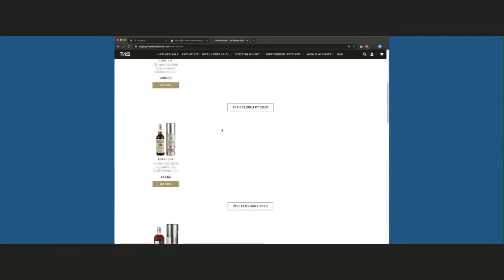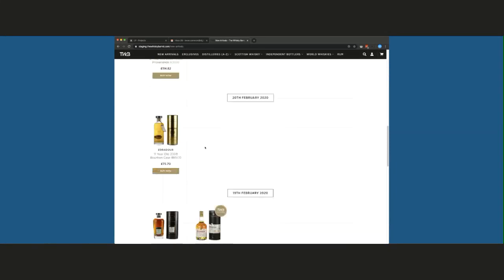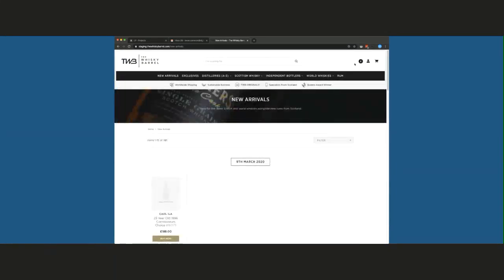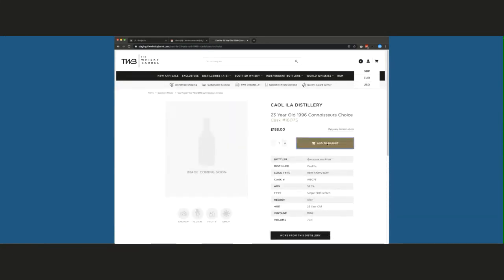So we've built a custom layout view for the dates that the new whiskies arrive, because that's one of their appeals. And I think we're also doing GBP and Euro and USD storefronts. So that's one thing that we haven't got working yet, is an issue where you can add to the cart,